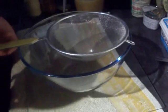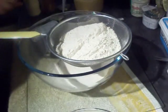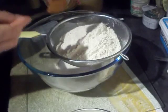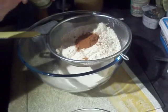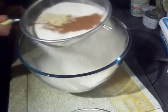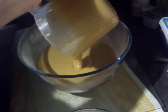With your wet ingredients nicely mixed, it's now time to go in with your flour, and we're putting these in a sieve. And then a heaped teaspoon of cinnamon and half a teaspoon of ginger. Just sieve them into the bowl. And then into there with your wet ingredients,